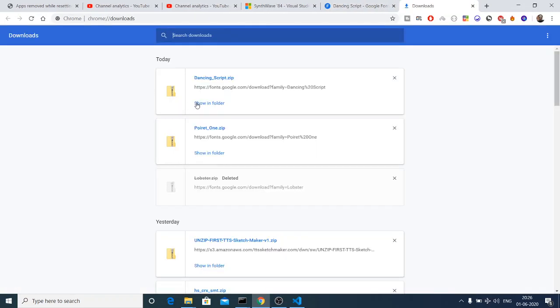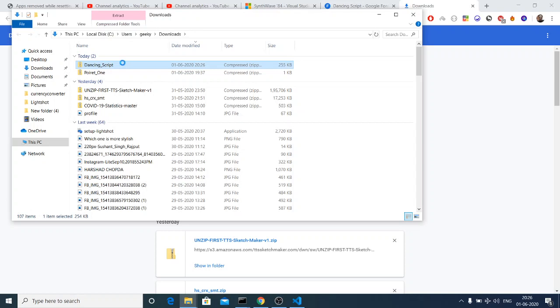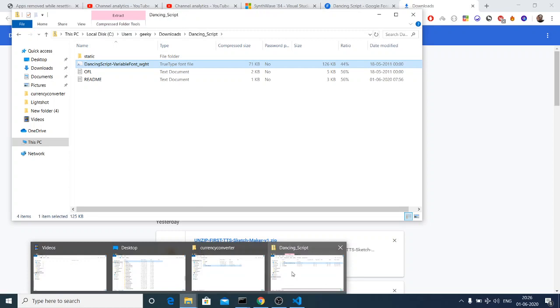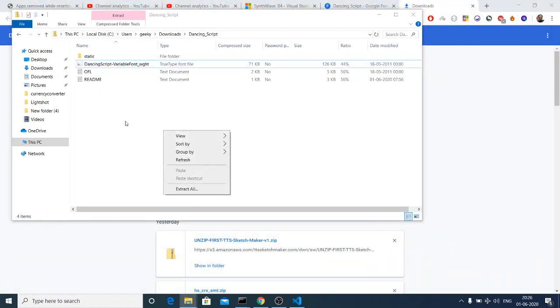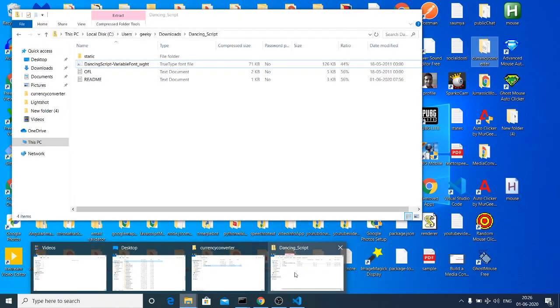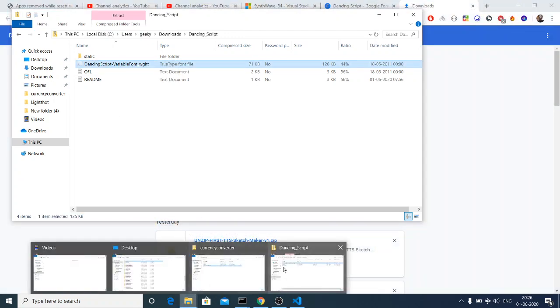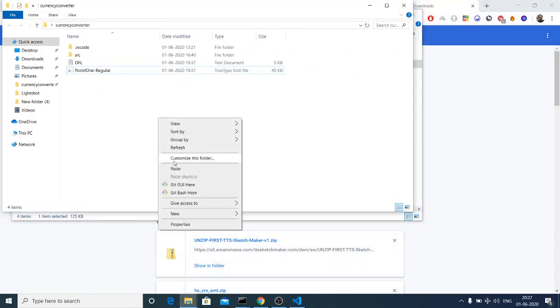So first of all, you need to install it inside your computer. It is pretty simple. You need to open this first of all. This will contain this TTF file. You need to copy this file and paste it inside your directory wherever you are developing your project. Paste it. So let me just cut it, and then paste it.